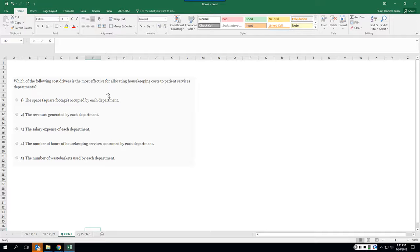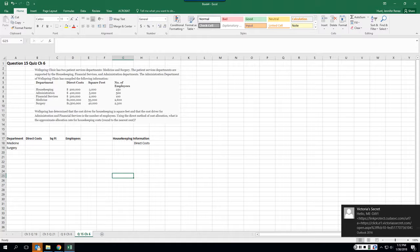And the correct answer for this question is the number of hours of housekeeping services consumed by each department. Now, we covered cost drivers and cost allocation on page 204 through 205 in the text. So if you'll go back and give a good review to 204 and 205 and read up on cost drivers, that'll help explain this question just a little bit more. And the last question